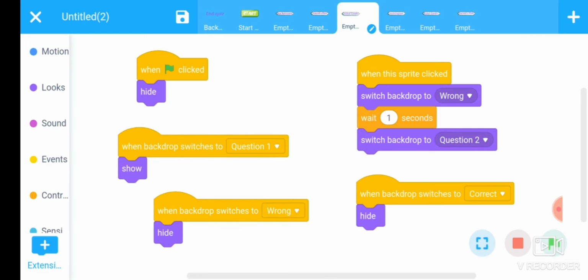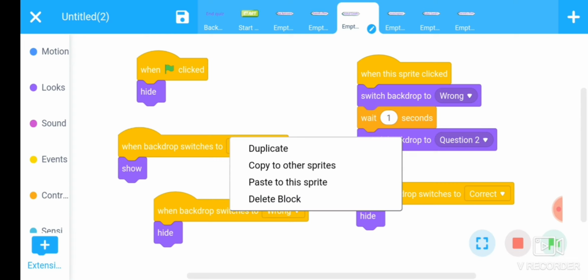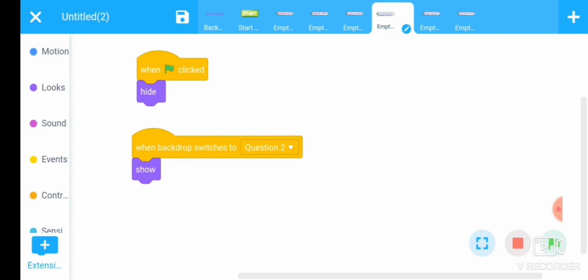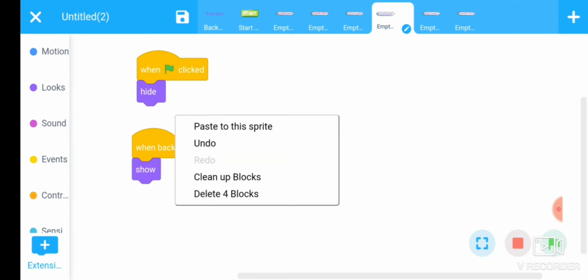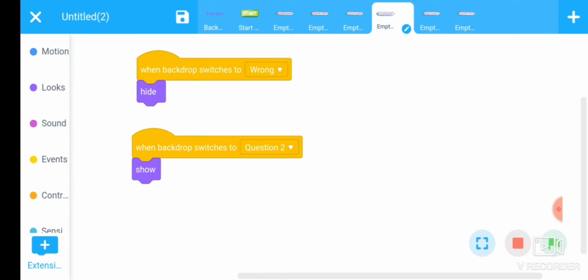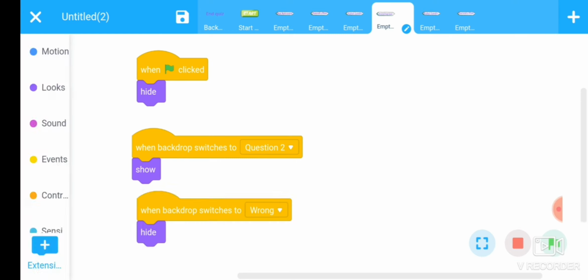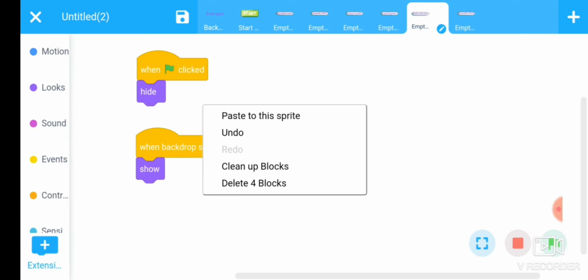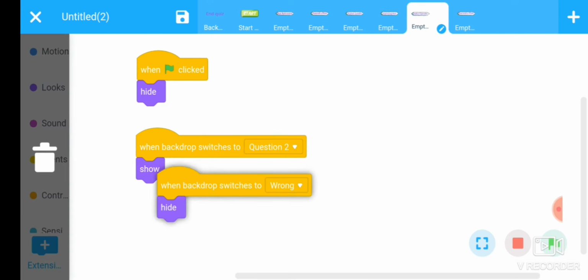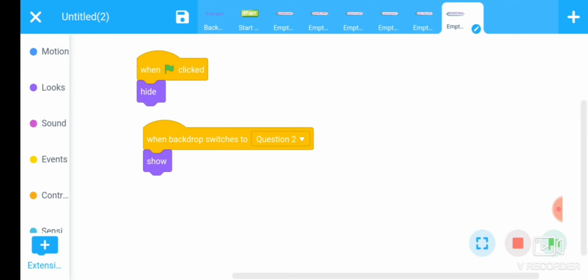And then next command is whenever backdrop switch to wrong, this should be hide, this command will remain same, hide and hide.